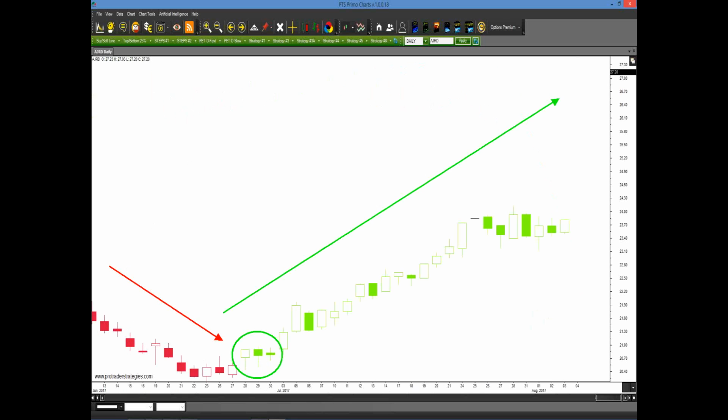But what do we have here? We have 3 green bars. So what does that tell us? It tells us that this trend is most likely over. Even though price is basically right around the same, it's telling us that most likely you should, if you're short, cover your short, or if you're thinking about going long, you should get ready for some type of strategy or method or technique to tell you to go long because the stock took off, okay?